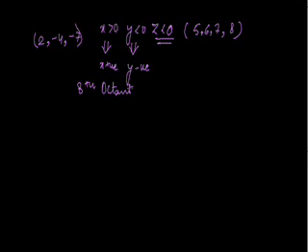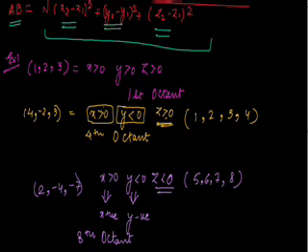Wonderful. So these are some examples where we have to locate points in their respective octants, that is, in which octant they will lie. In the first example, we did (1, 2, 3). As we can see, x, y, and z coordinates are all greater than 0, so it will lie in the first octant. Second, we are left with (4, -2, 3): x is greater than 0, y is less than 0, and z is greater than 0.